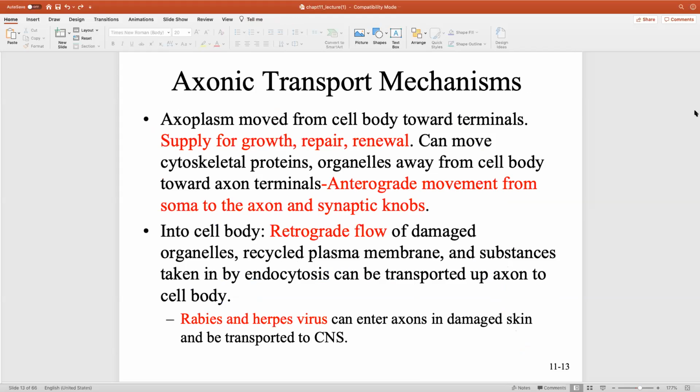Now, a couple things about these axons. Number one, in axons we can have movement of axoplasm, which is the cytoplasm, from the cell body towards the terminal. The movement of these also carries necessary nutrients and proteins for repair, growth, and renewal. Now, the good thing is this, what we call anterograde movement, allows the axons to stay alive. If you think about these axons and these cell bodies, they're going to be with us throughout the course of our lifetime. So they're always going to be continuously repaired, healed, and regenerated,